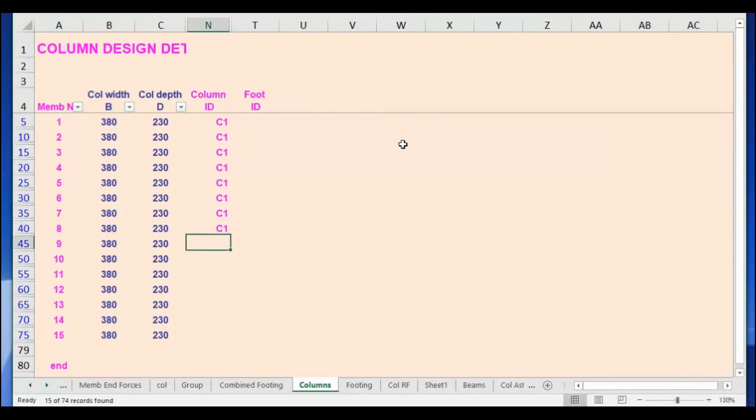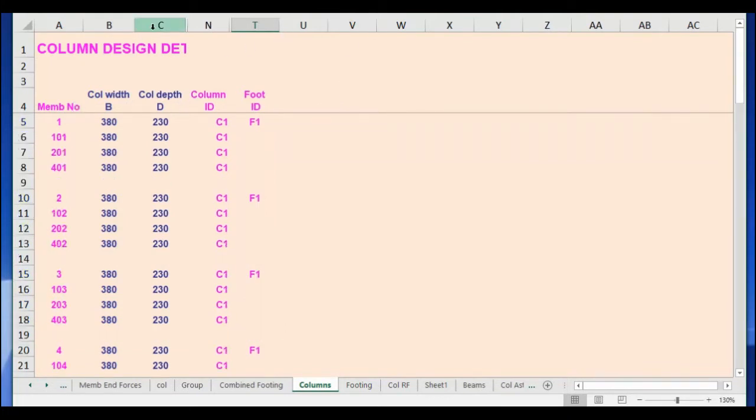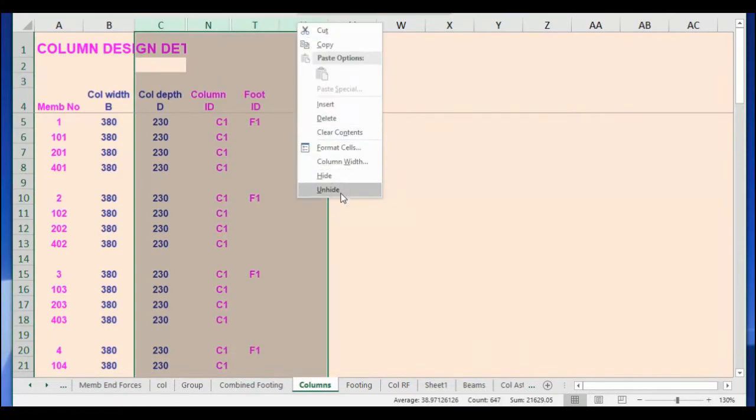Then I am assigning column ID as C2 for the remaining columns. I am assigning footing ID as F1 for the members 1 to 8, F2 for the remaining columns. I am removing this filter and hiding the column.